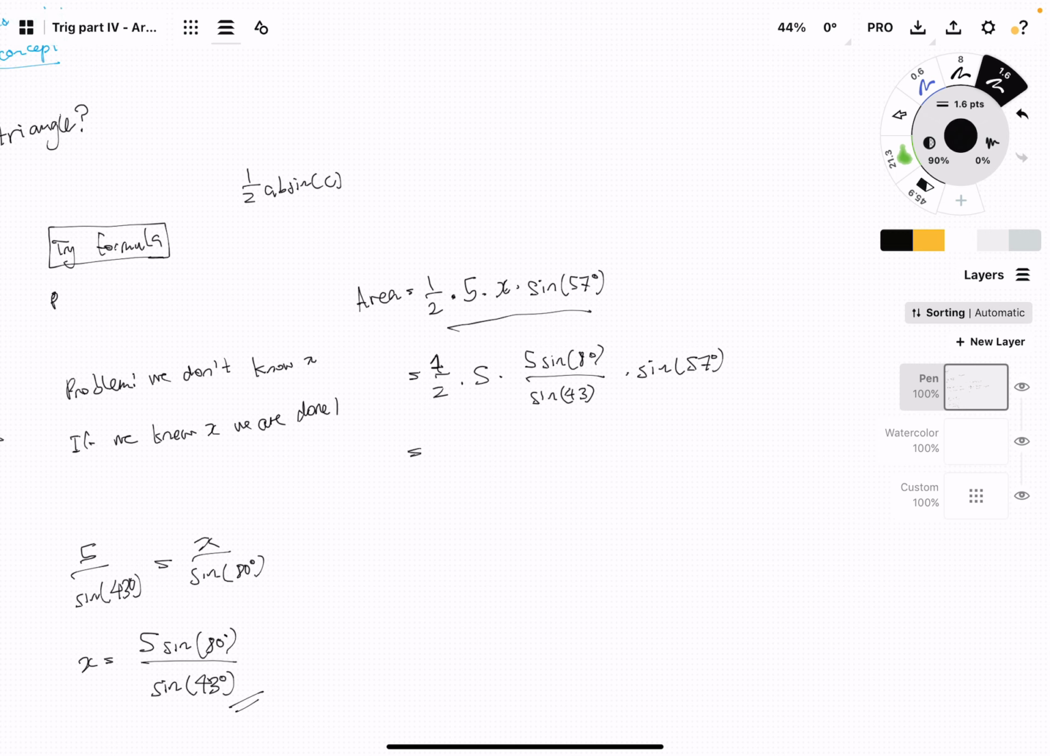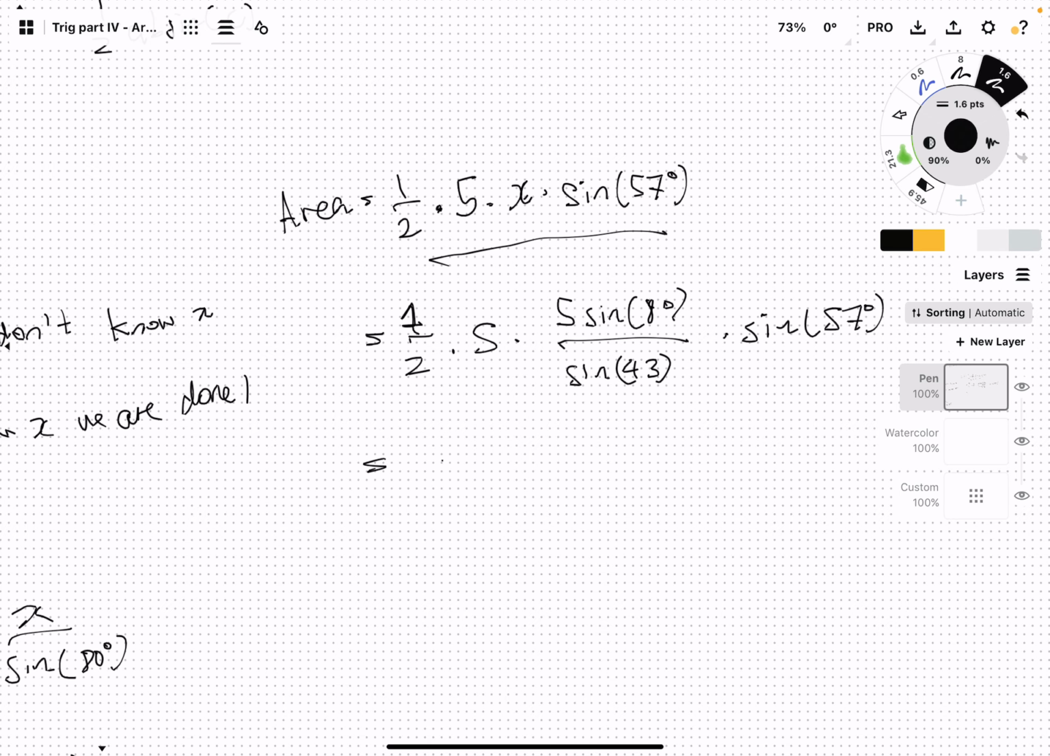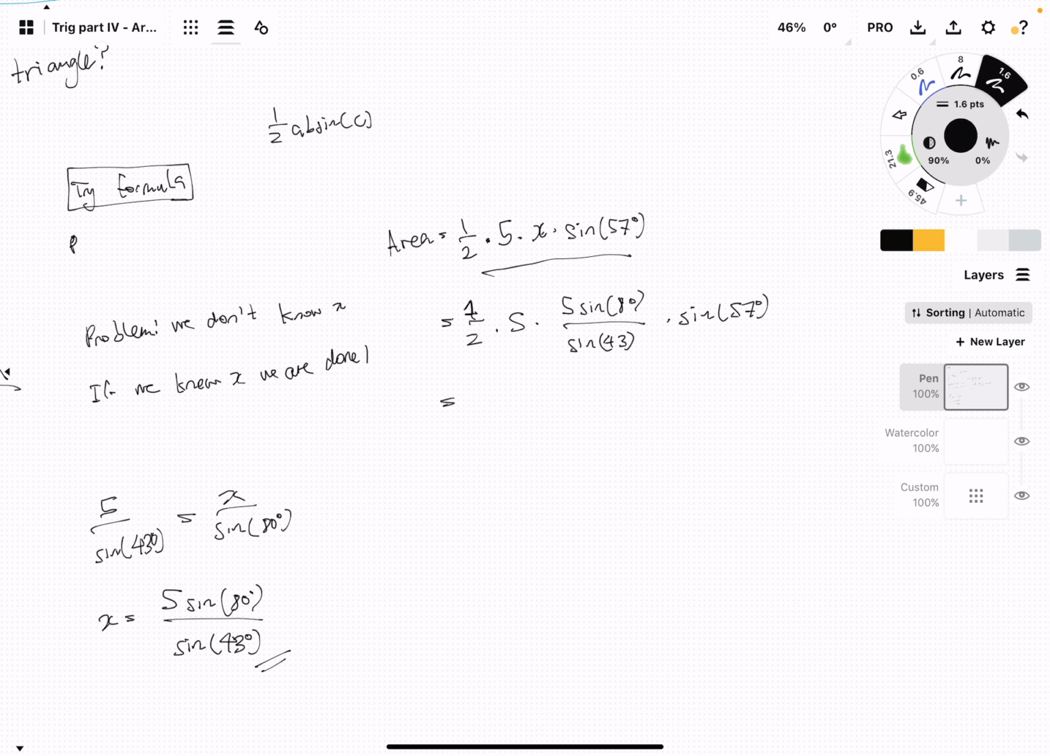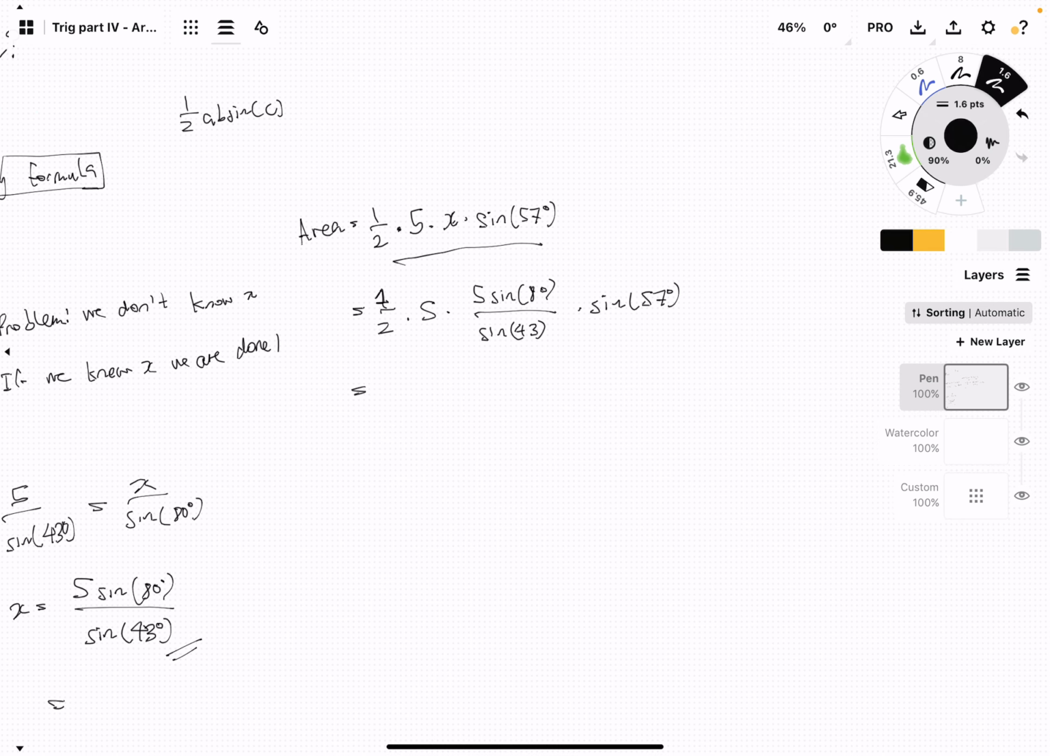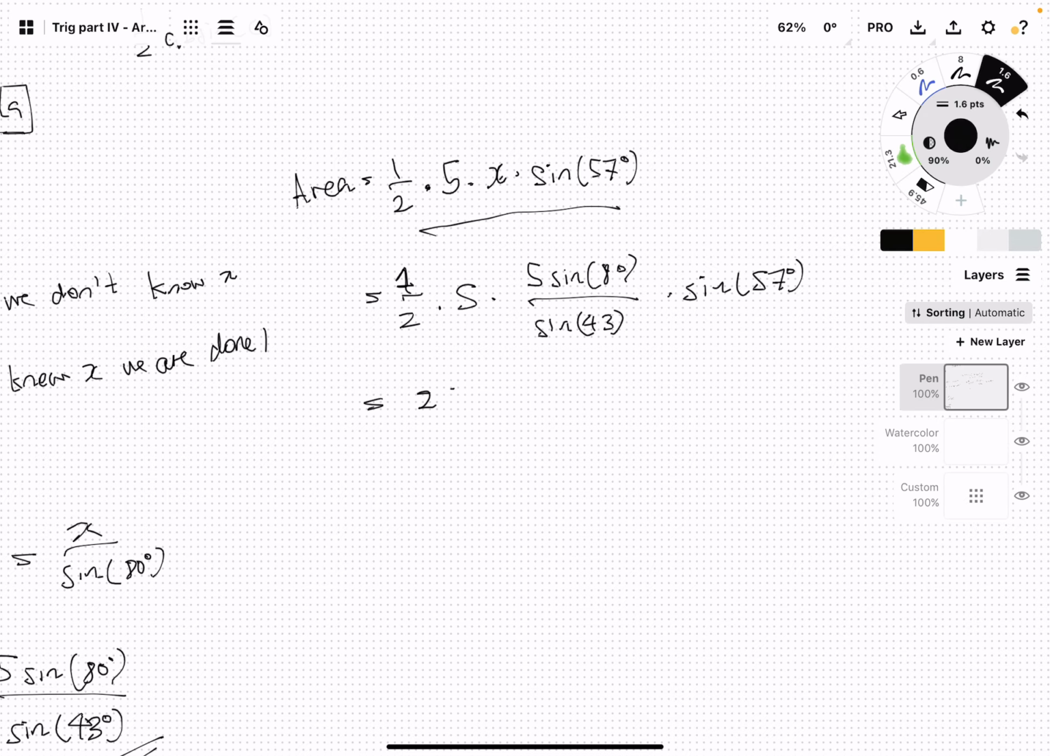Sine 80 is a number, sine 43 is a number. So I personally prefer this, but if this is overwhelming, I think finding this value early can be helpful. But I think learning to deal with this sort of expression is also not a bad skill to learn. You plug this into your calc and you should end up with